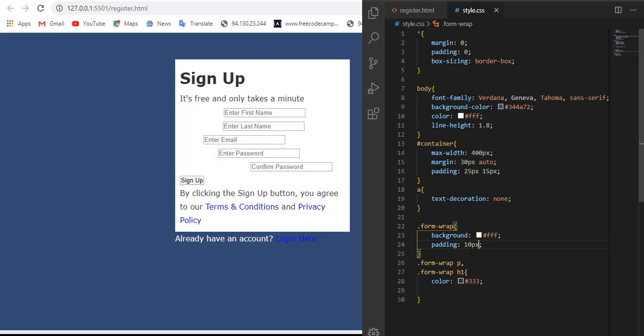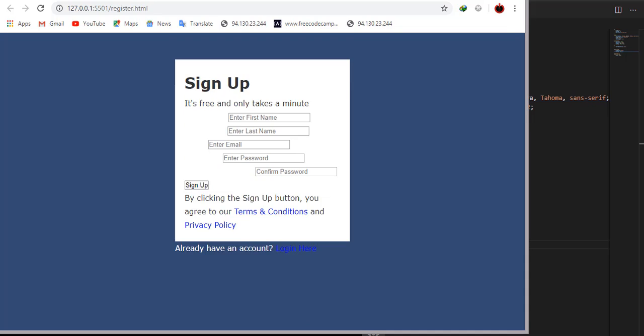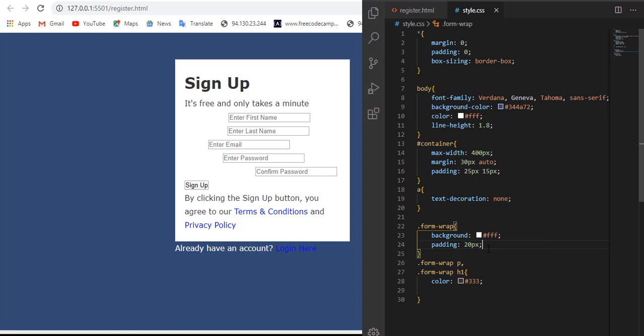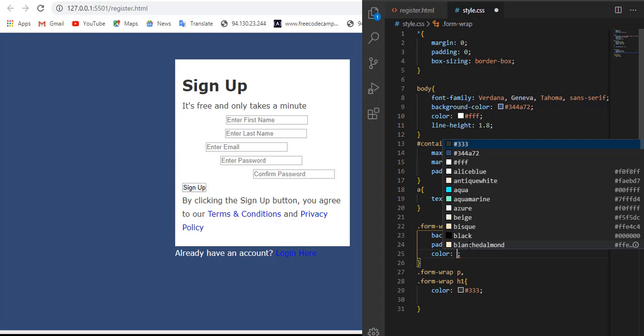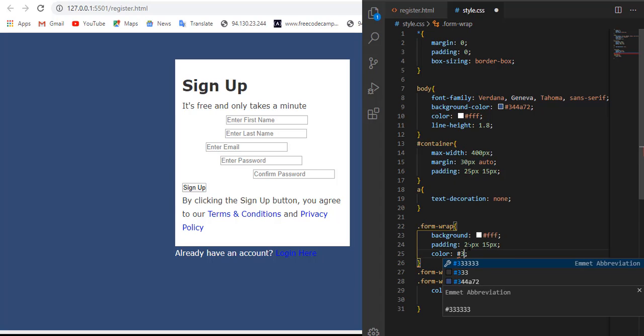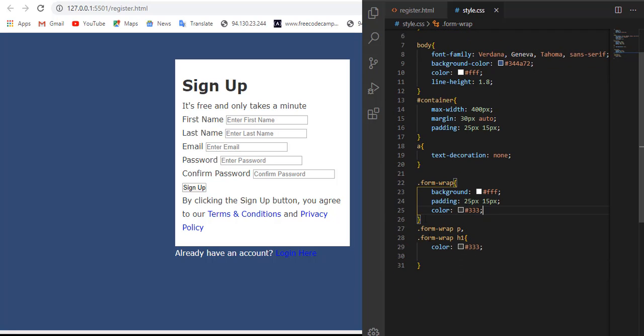So I think I can add 20. 20 looks good. Let me continue. So here I can set 25 top and bottom and 15 left and right. If I save, and I can set the color to dark. So you see everything now shows up.